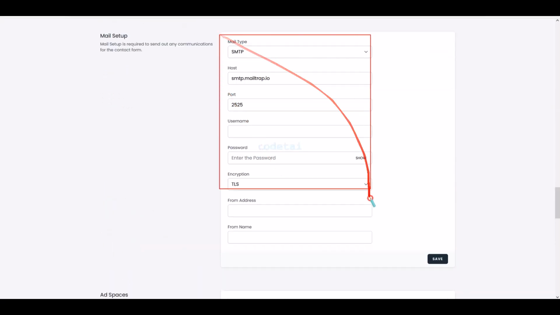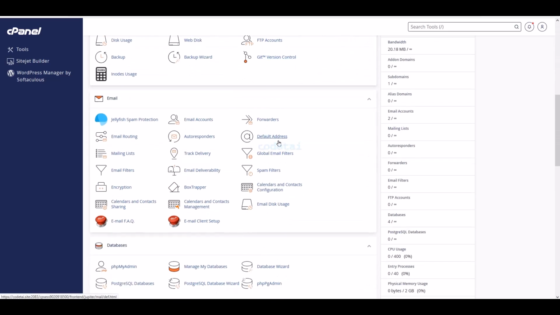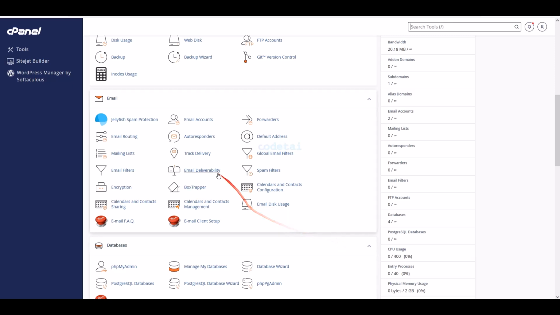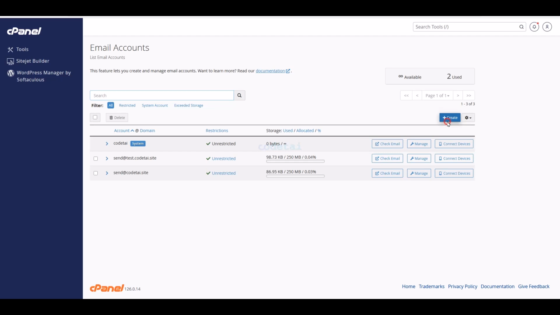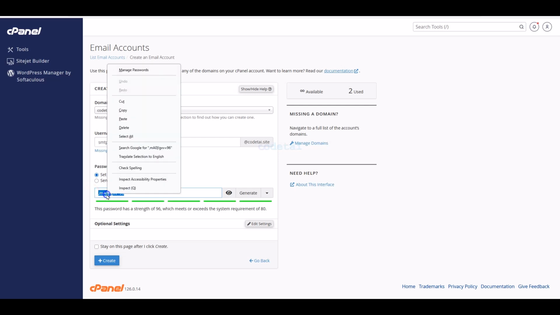Now we will learn how to add SMTP mail server to website. For this we need to go to the email section of cPanel. Then we will go to the email accounts section. Now we need to create a new email. Then we will generate a password and copy this password and attach it to the website.